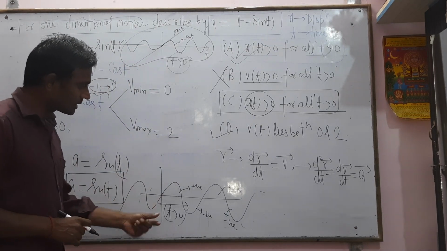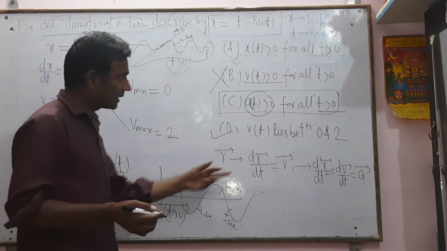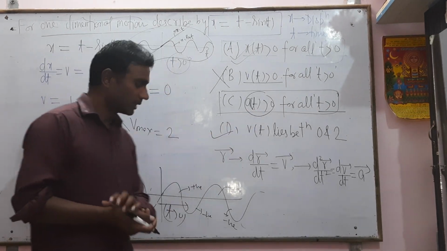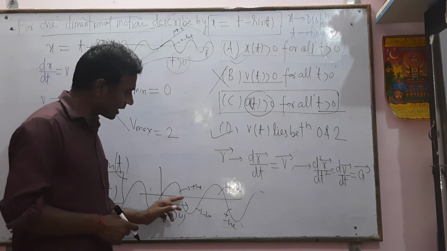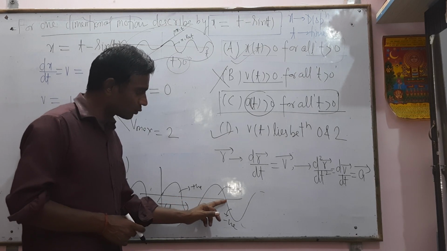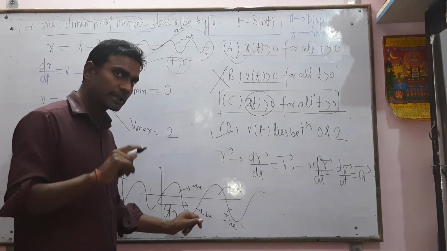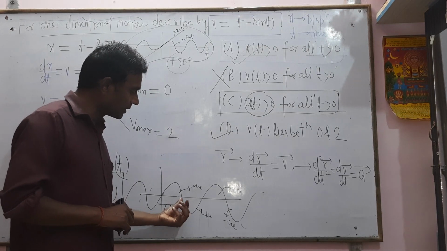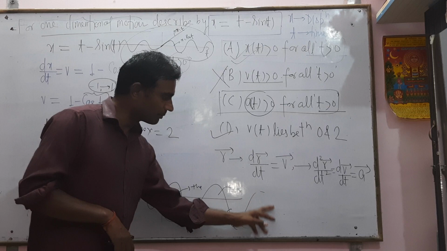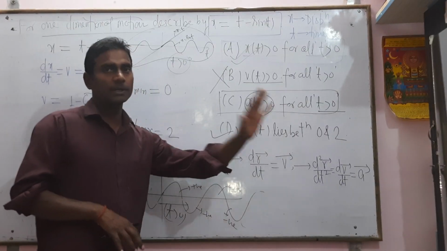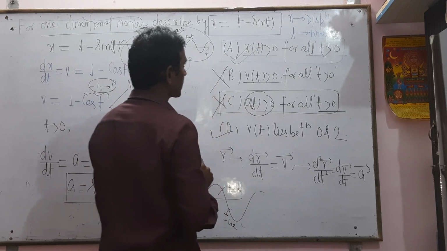If t lies between 0 and pi, then a(t) must be positive. If t lies between 2 pi and 3 pi, then a(t) is positive. If t lies between pi and 2 pi, then a(t) must be negative. Okay. If t lies between those numbers, then that number will be negative. So you can say option C will be incorrect. So only two options will be correct, A and